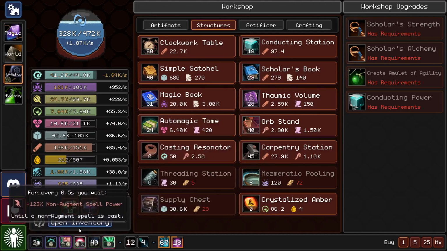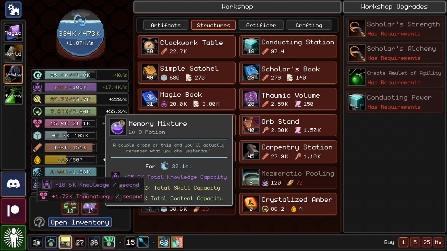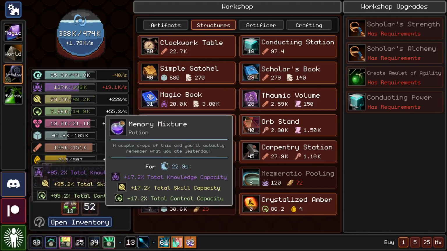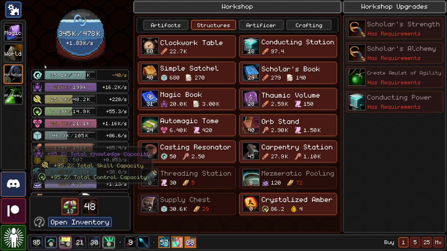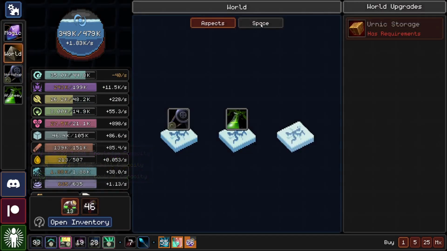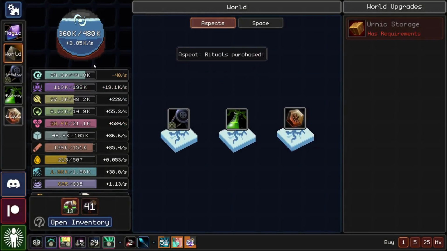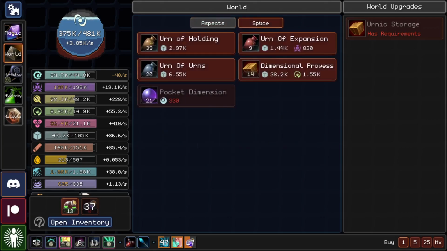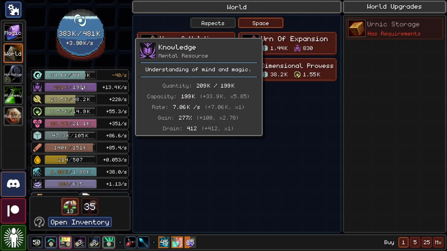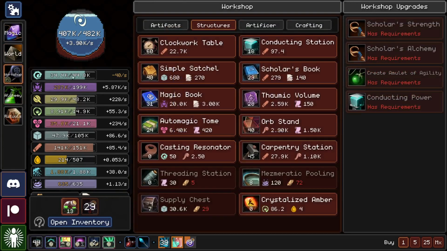And we can let that go for a while, but honestly, this is already plenty strong enough. We'll do that, and we'll increase our capacity up to there. And then we'll go to the world and buy this. Alright, so we just got rituals. I do have a huge amount of knowledge and thaumaturgy. Let's go ahead and go to...